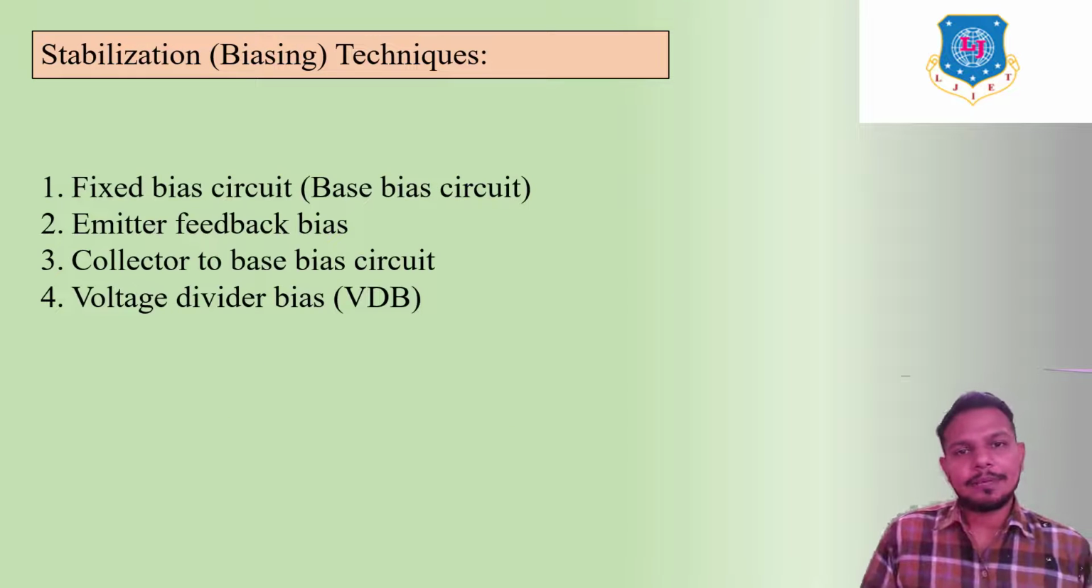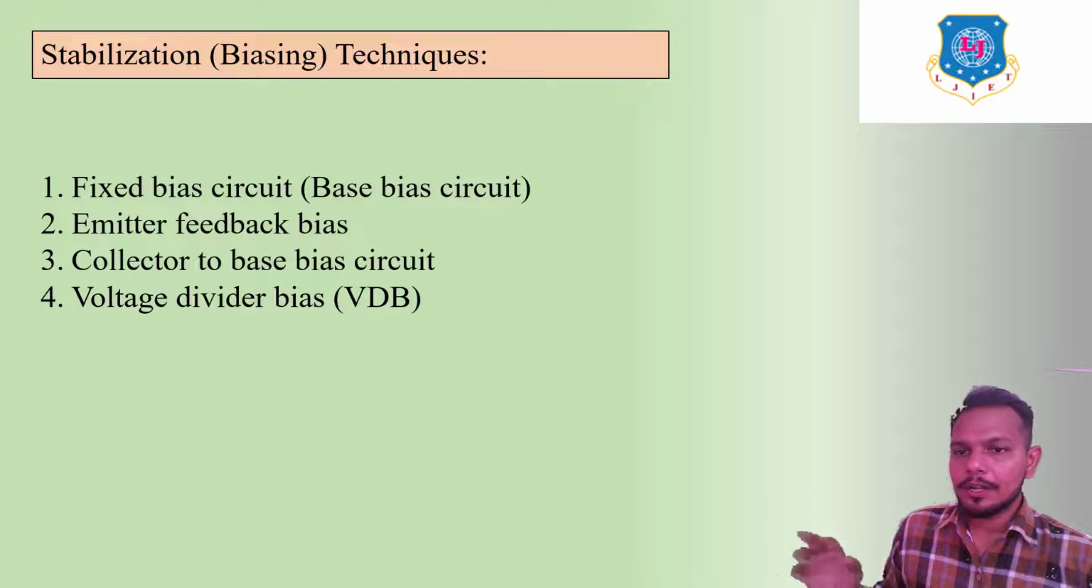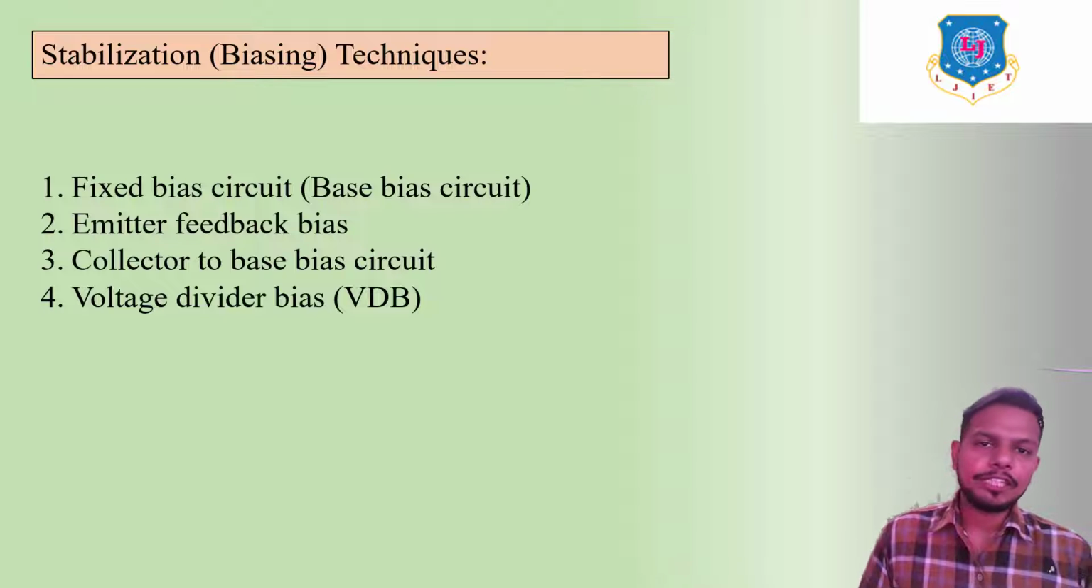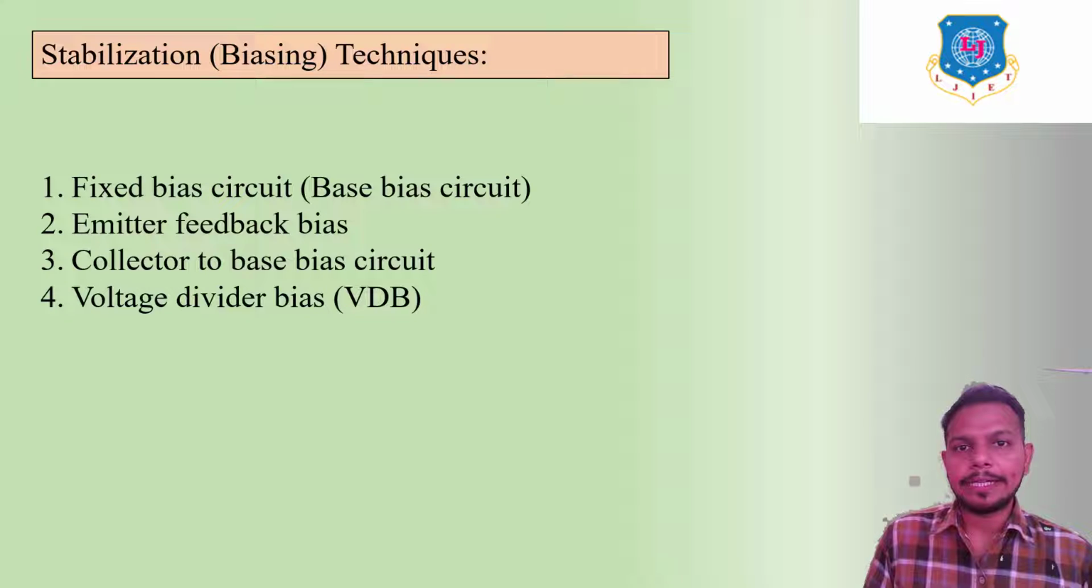Here we can see the stabilization techniques, in which we are going to discuss these four techniques. But number 1 and 2 are slightly modified techniques. So in this session we are going to discuss basically 3 stabilization techniques. Number 1, fixed bias circuit. Number 2, collector to base bias circuit. And number 3, voltage divider bias. Among these, voltage divider bias is the latest and most useful technique among all stabilization techniques. So let us discuss first